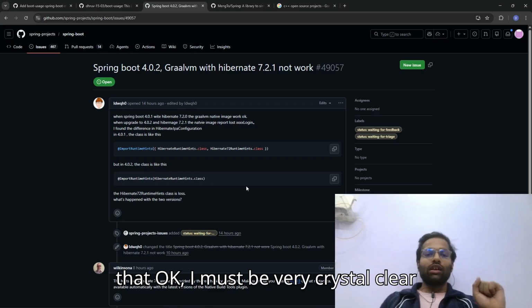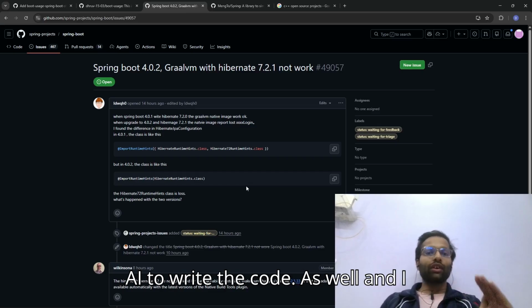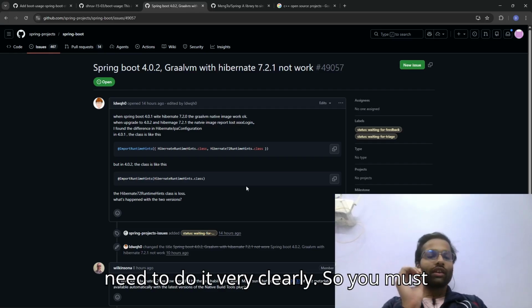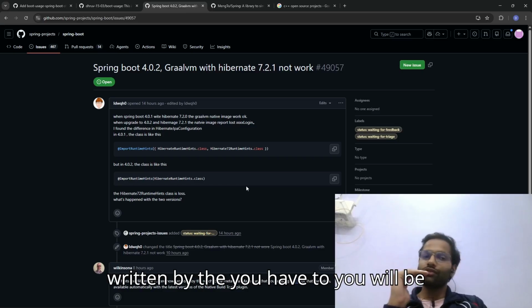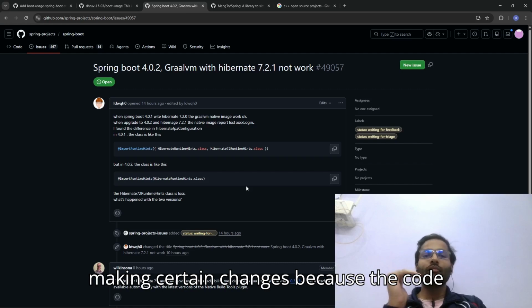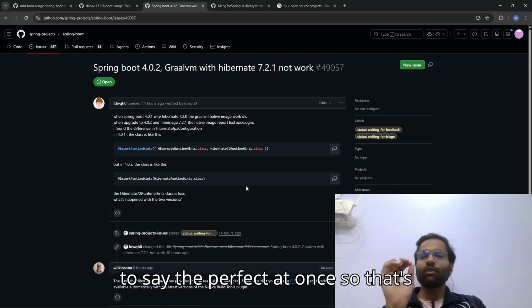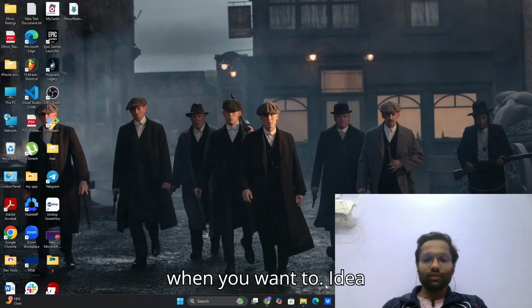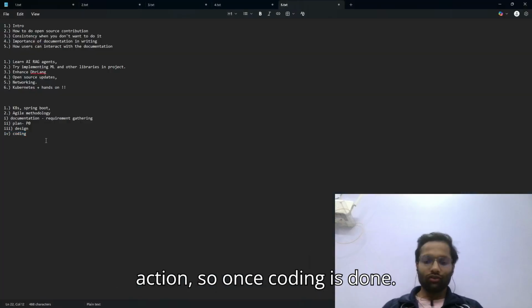I must be very crystal clear with my instructions while giving them to AI to write the code, and I need to do it very clearly. You must also review the code written by the AI. You will be making certain changes because the code won't be perfect at once. So that's when your idea, your planning, your everything comes into action. So once coding is done,